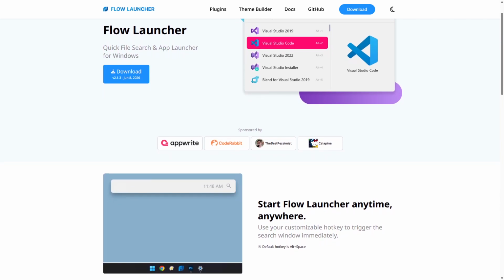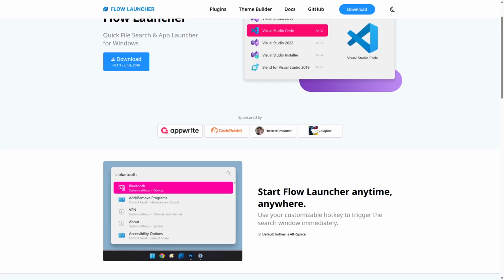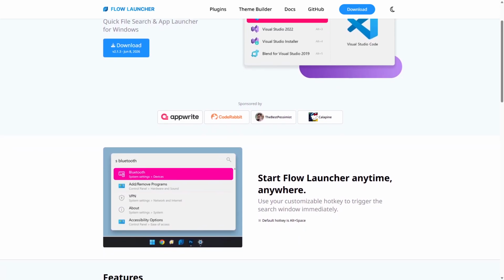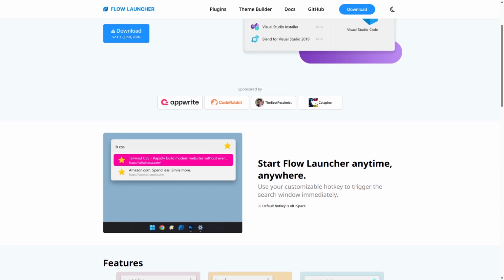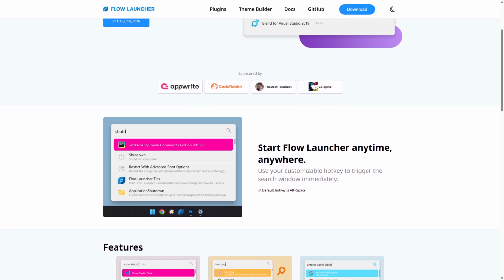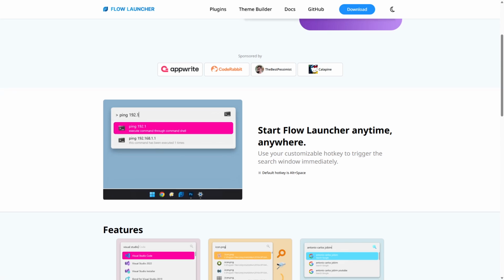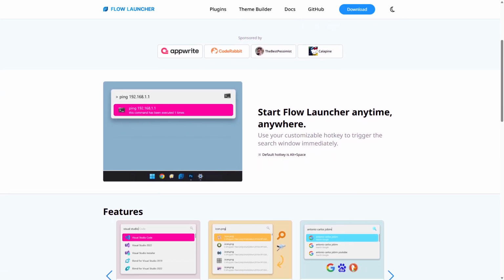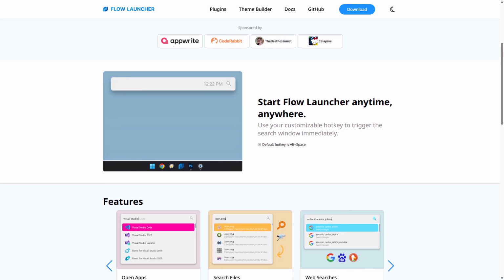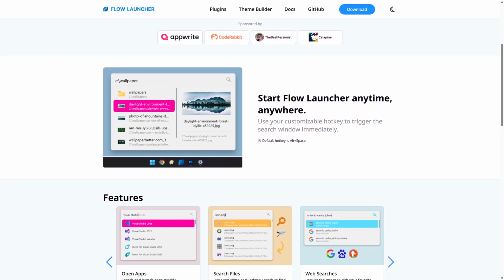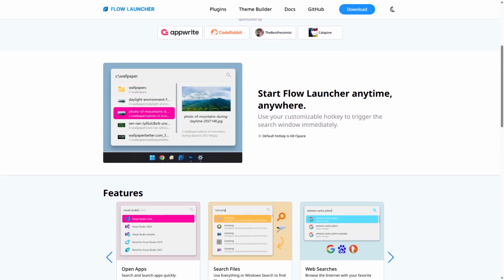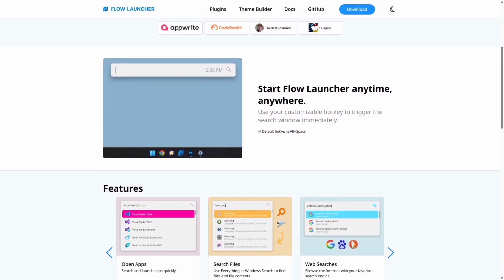It works by indexing your apps, files, and web searches, allowing you to quickly access them through a simple search bar. Users can extend its functionality by installing or creating custom plugins, making it highly adaptable to different workflows. Its strengths include fast performance, a clean interface, and a strong developer community contributing plugins for everything from clipboard management